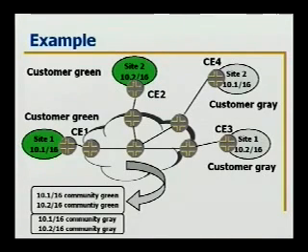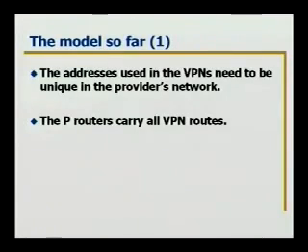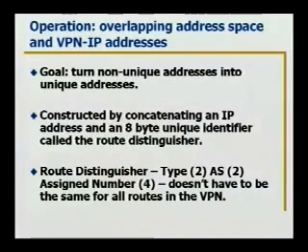We would have a problem because we would attempt to advertise the same prefixes with different communities. So with the model we've seen so far, we have a problem. We have to have distinct address spaces for each one of the customers. In order to solve this,